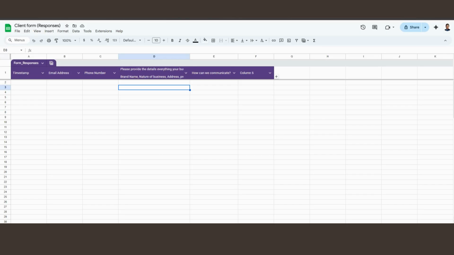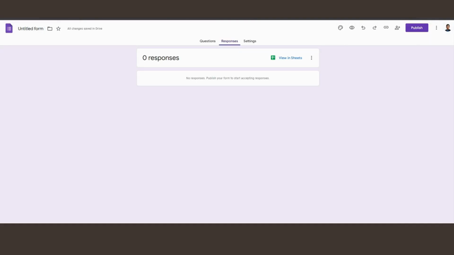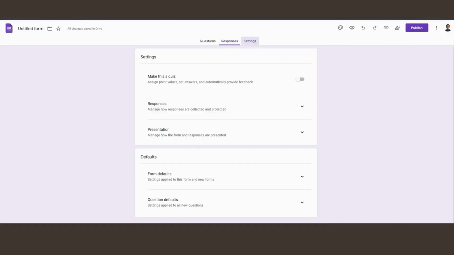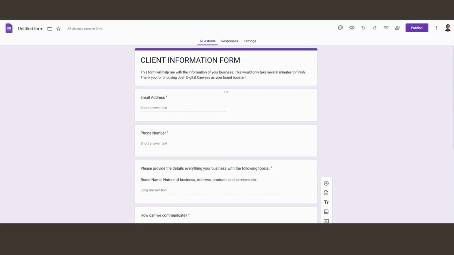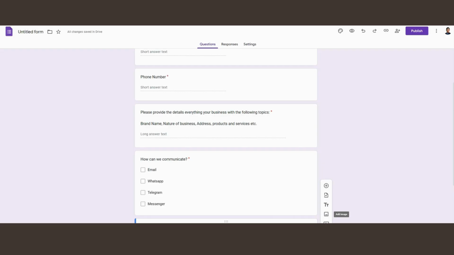Next, you go back to here, and for the settings, it's up to you. And for example, if you want to change the color or the background, or change the font style of your form.